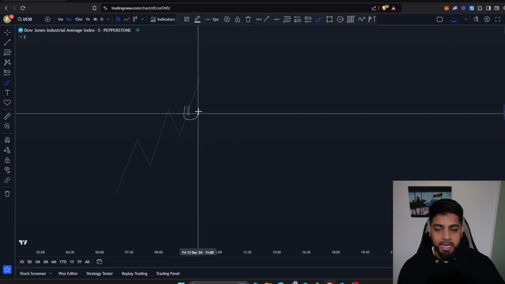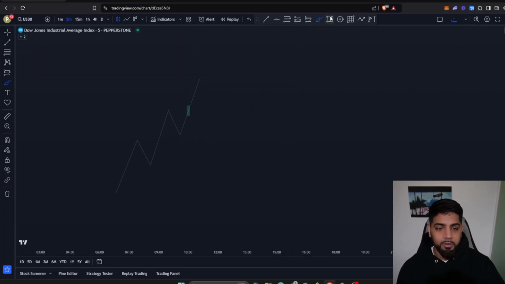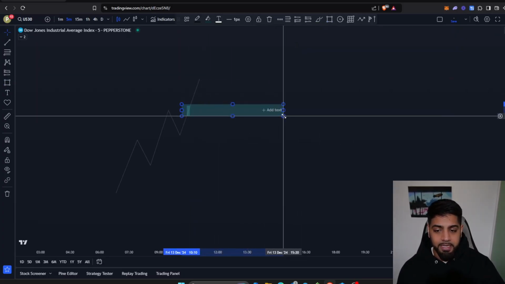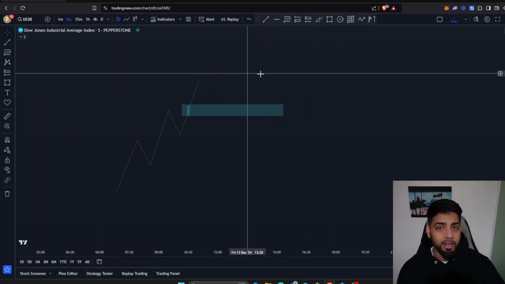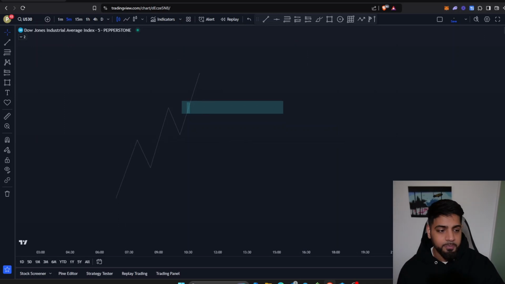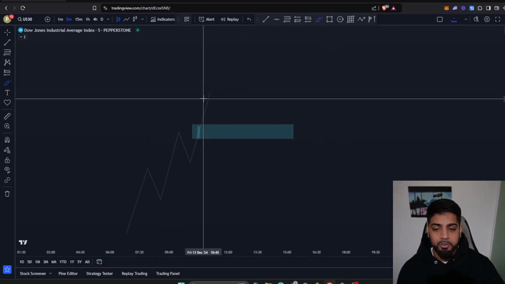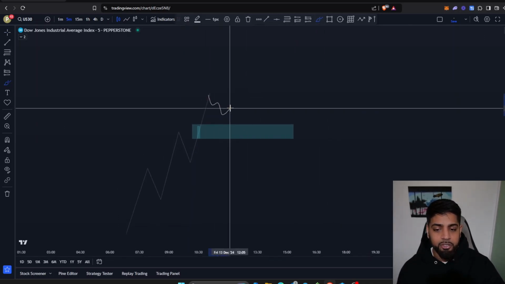So let's say that we have this order block right here. We then wait for price to come and tap into this order block. And once it does, we then drop down to the lower time frames. For me, that is the 5 minute. And then on the 5 minute, what we're going to do is wait for price to give us our entry